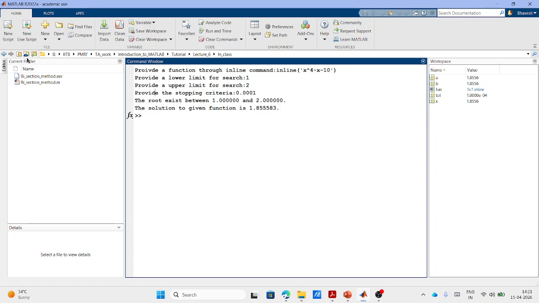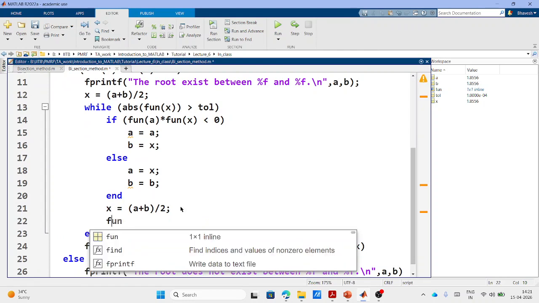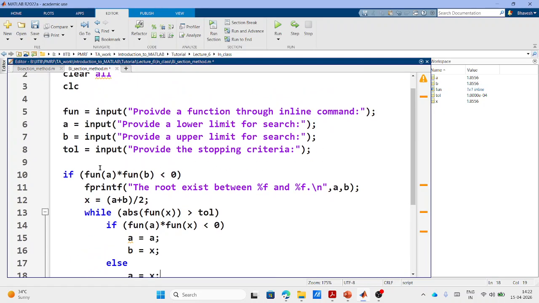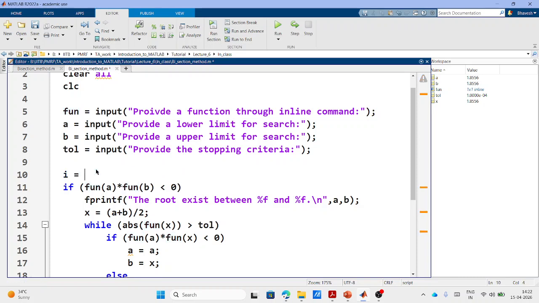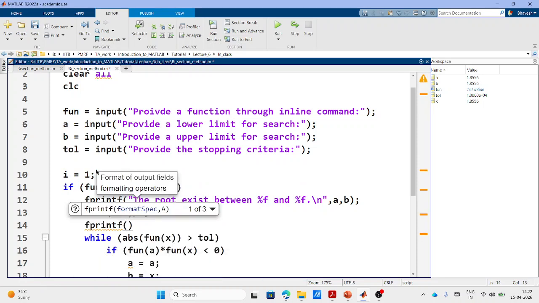Now, here I'm just directly getting the solution. You can also print out the in-between values. So at the end, I can write fprintf. Let's say I want to find each iteration and what's the value at each iteration. So let me create one variable i equal to 1. Okay. What I will do is I will print its value, fprintf, my iteration, sorry,